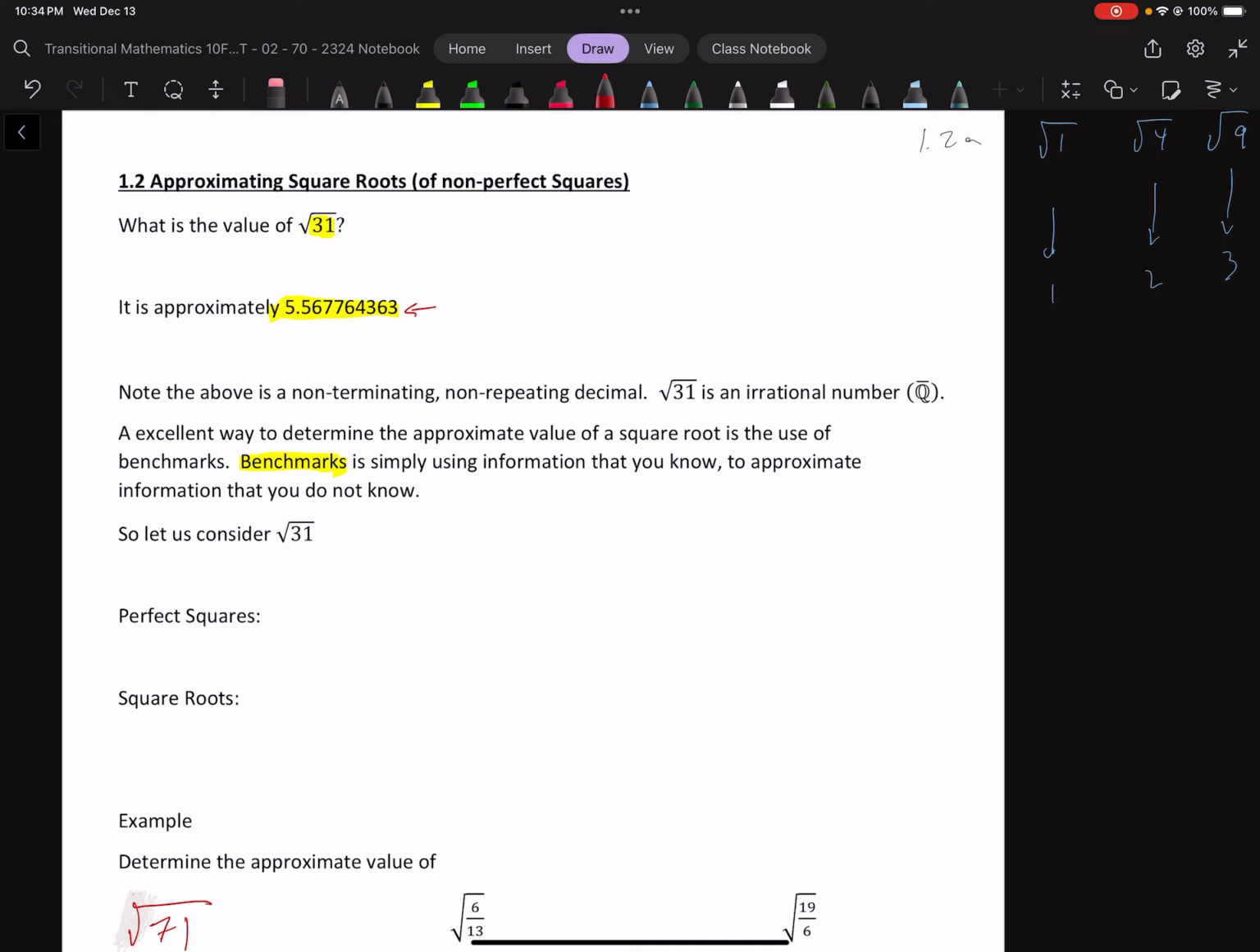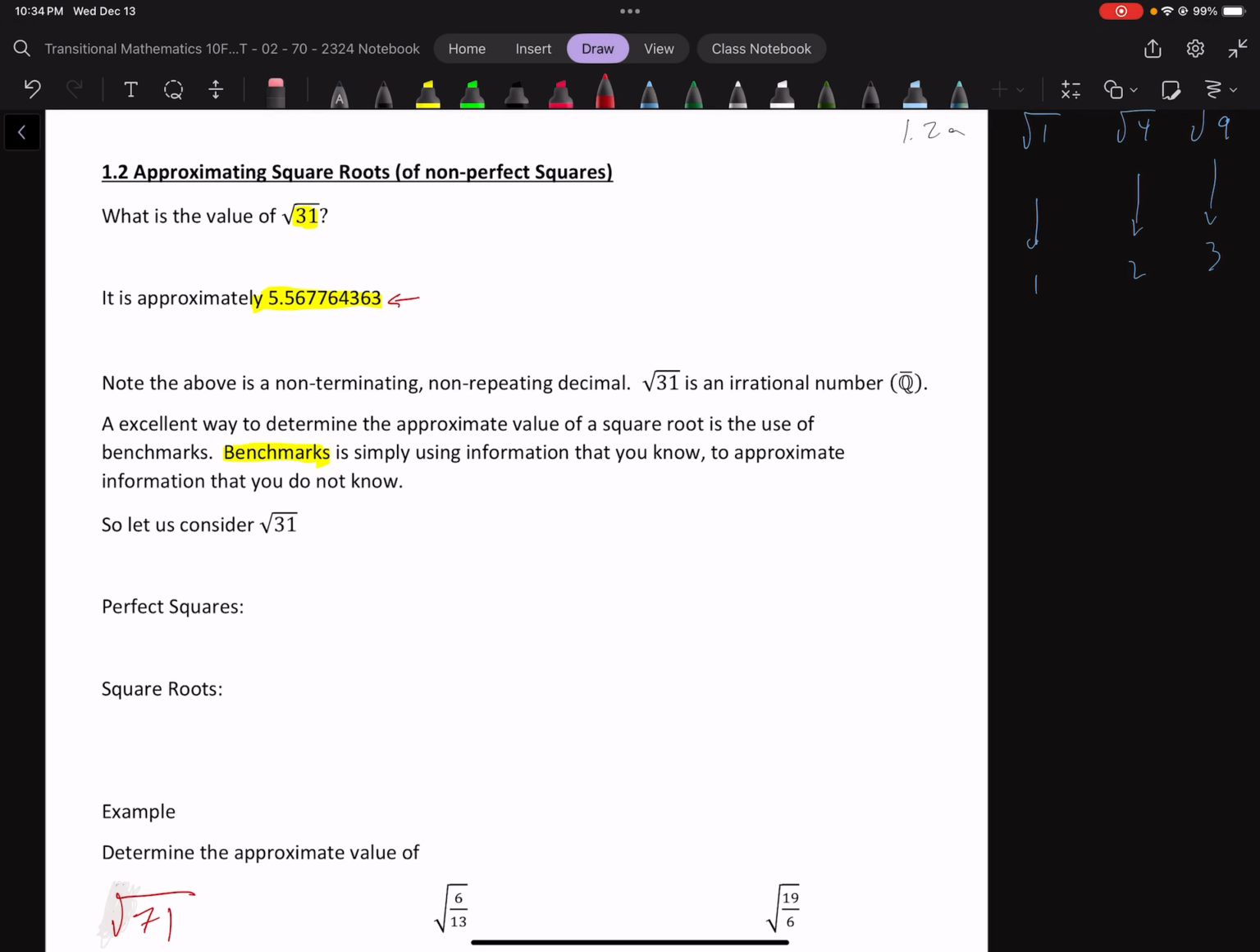This is a non-terminating, non-repeating decimal. The square root of 31 is called an irrational number. It is a number that you cannot write as a fraction. So if we are going to try to estimate the square root of 31, an excellent way to do this